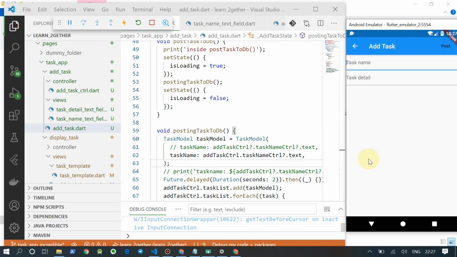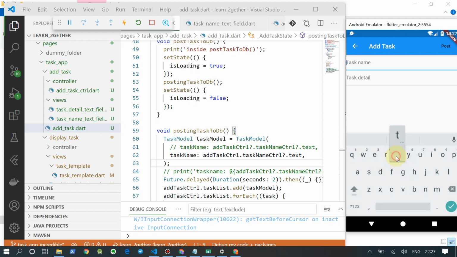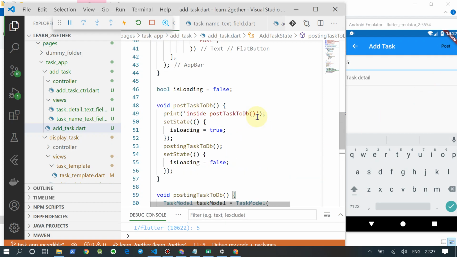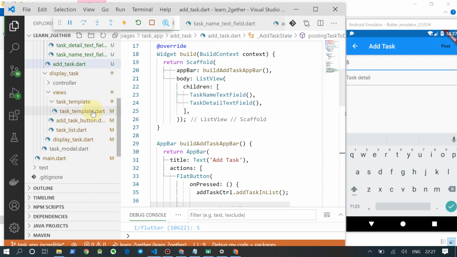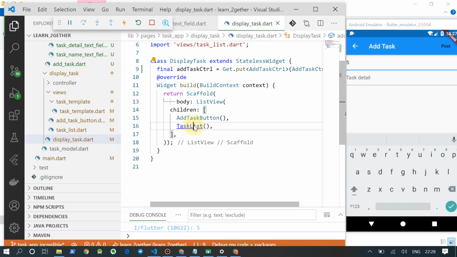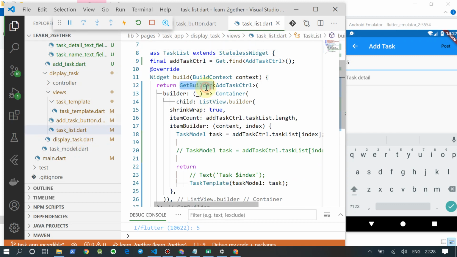Task name 5 whatever, 4. Okay, what we didn't do is we didn't write any progress bar code, right? And the progress bar code should be in display task, then task list. In here we have to check display builder is there, right?